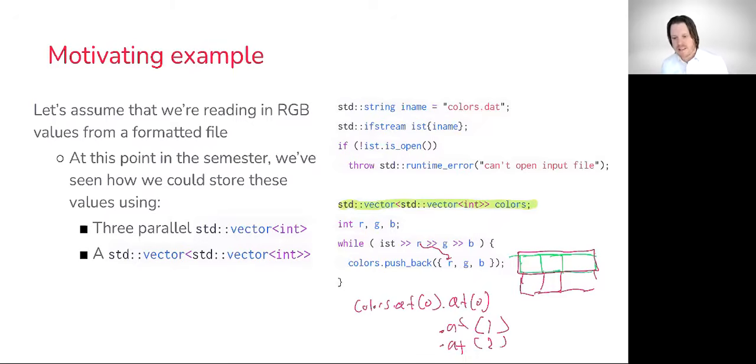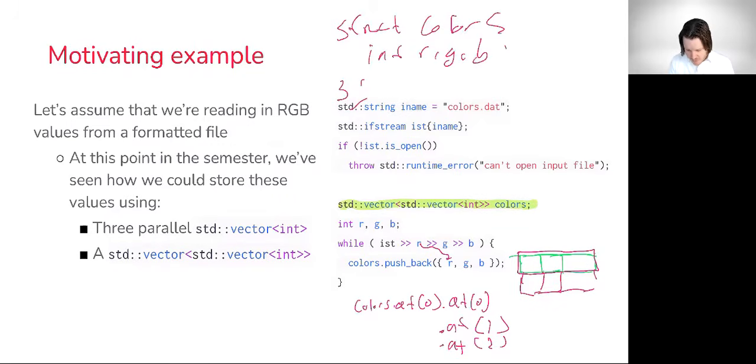However, if you look at this, you notice that it's not quite clear what's living at each index. It would be a lot nicer if we could have these fields labeled. For instance, you might think, okay, I'll use a struct, call it Color, with int r, g, b, and then I could do something like Color c, and say c.r is equal to some value, and then have a vector of colors. This is the direction we're going, but we're going to see here that we can do something a bit more powerful than this to ensure that, say, whatever object we're using to represent our colors is always going to store